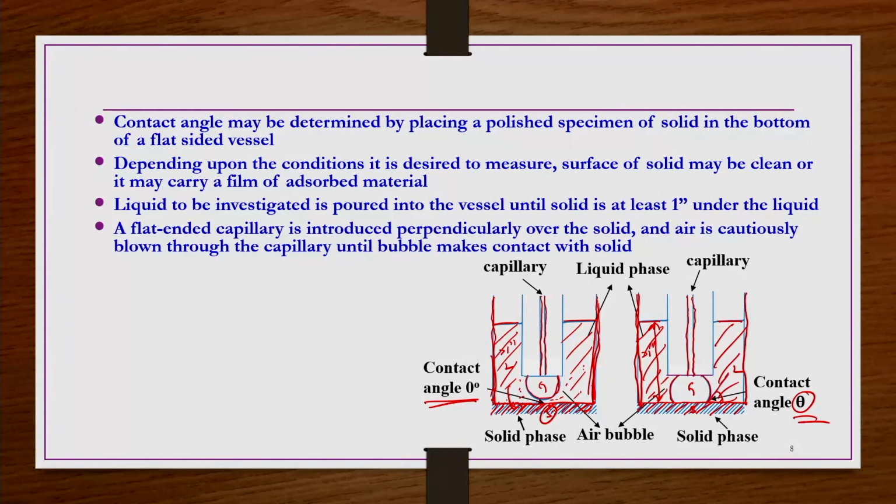So, that means the contact angle is 0, or otherwise between the solid and the gas, the liquid is coming into the picture, and there is no point where all three phases are contacting each other. If the gas is making some contact and being attached to the solid surface, then this is the point where liquid, solid and gas are contacting each other, and at this point if you draw a tangent, whatever the angle, that is the contact angle.